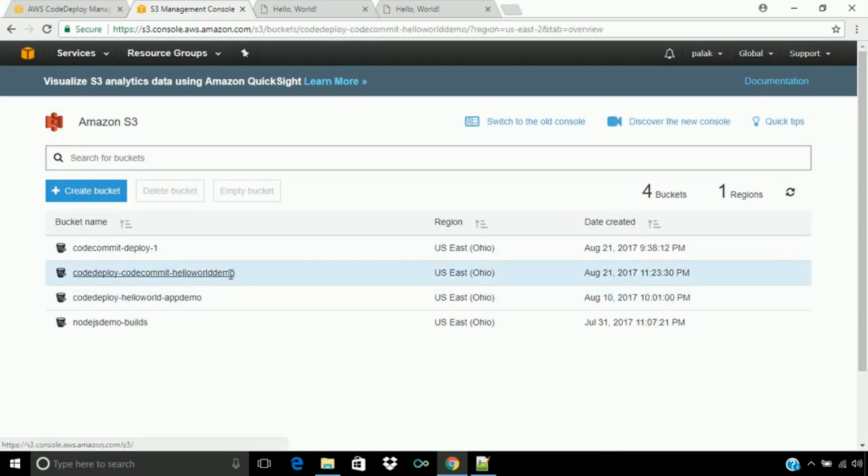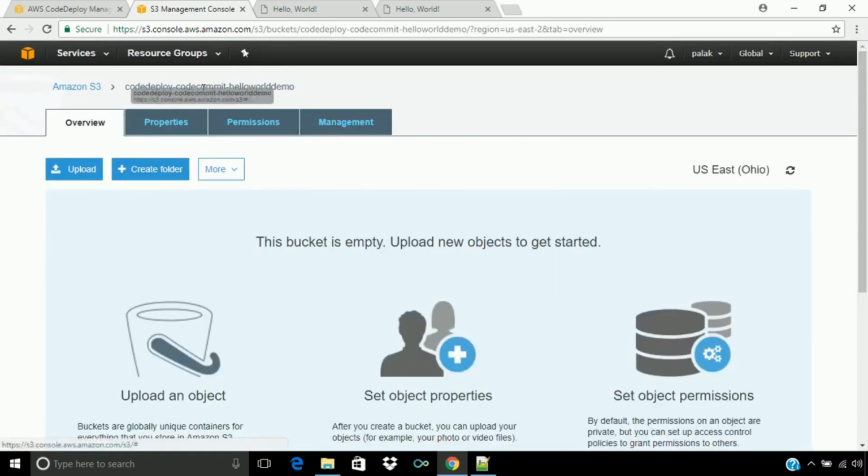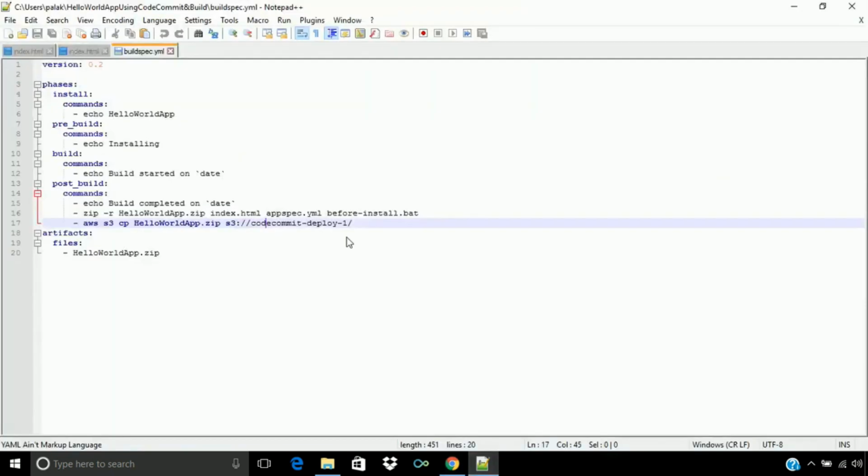And then let's copy this bucket name and paste it in our buildspec.yml file. So it will make the zip file hello world app.zip, which will contain these three files, and then it will copy this hello world app.zip to this location.